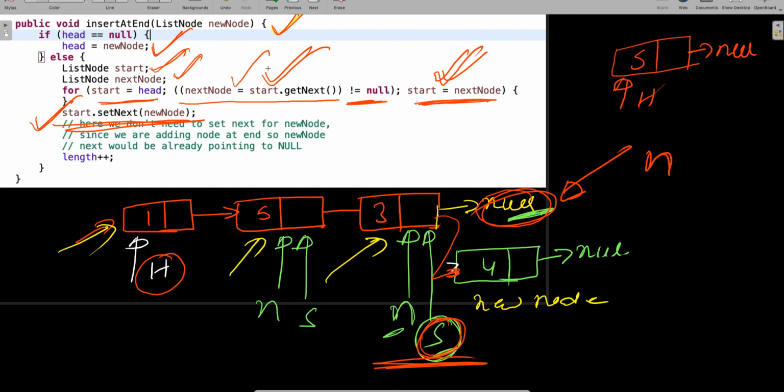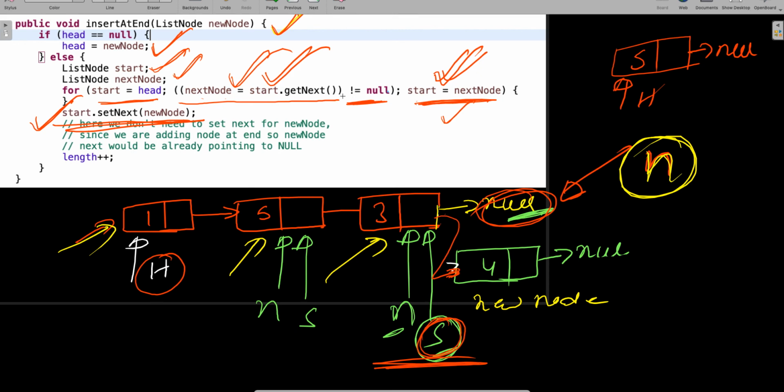If this is fulfilled, then only this will move, right? In this case what happened, next node moved, so next node came to n. You can see that next node already came to n because next node is equal to a start dot get next, and a start was here in the previous call. When you say a dot get next, it will point to null, so n is already pointing to null, right?